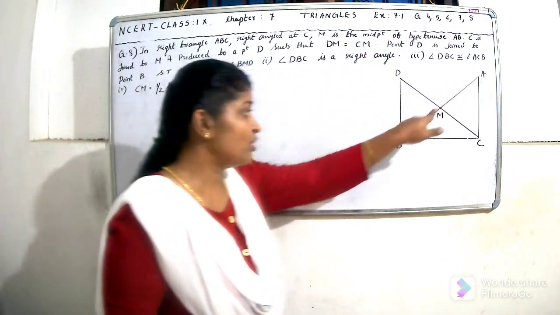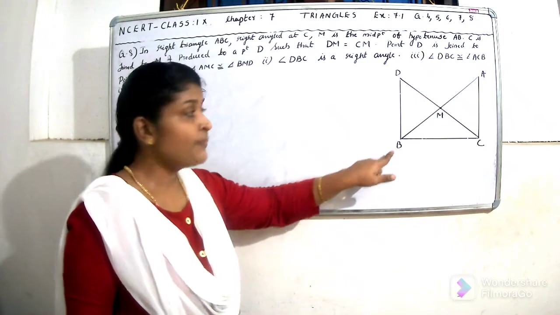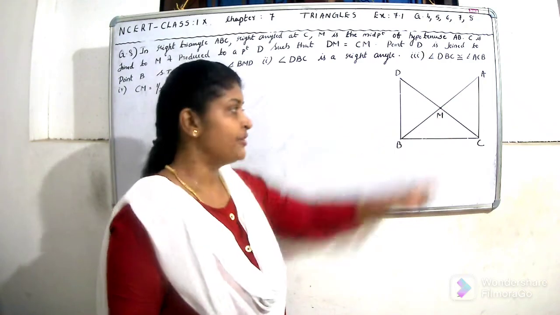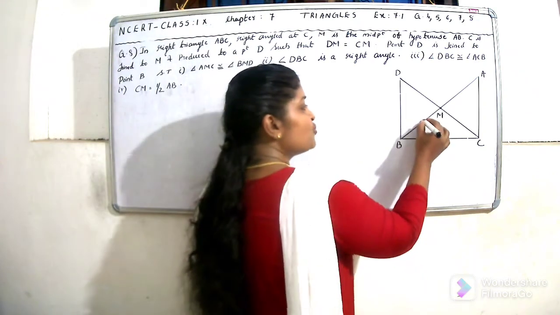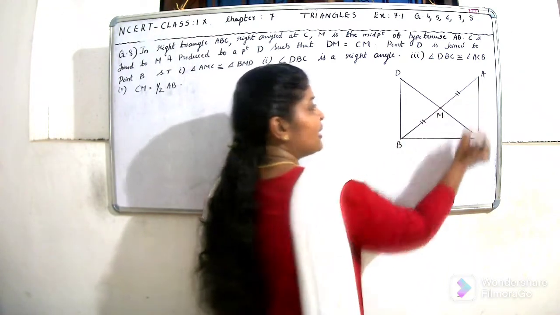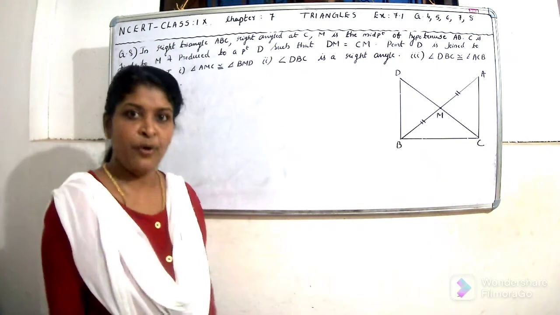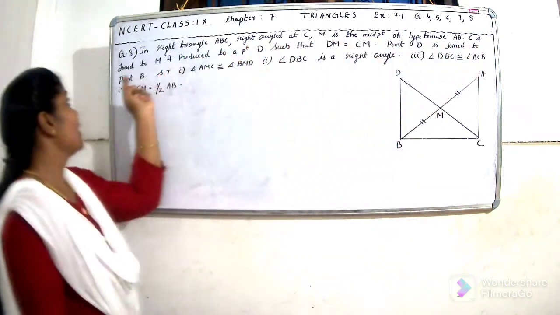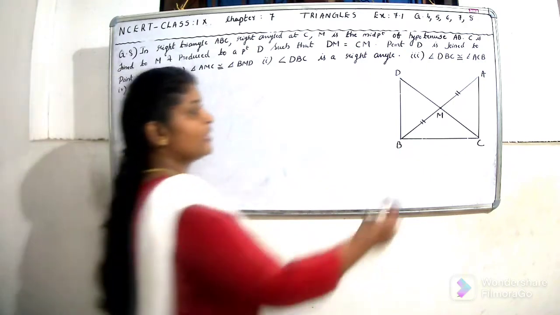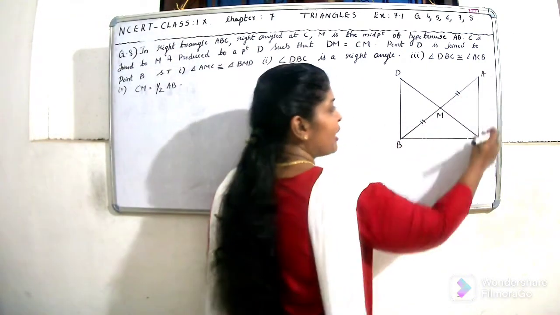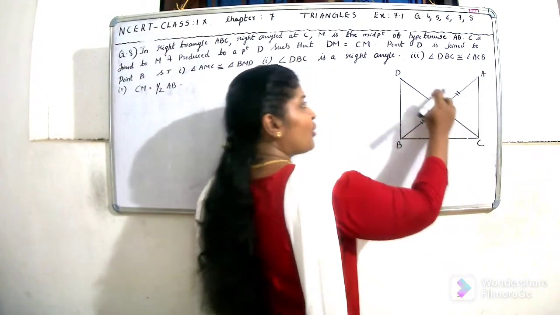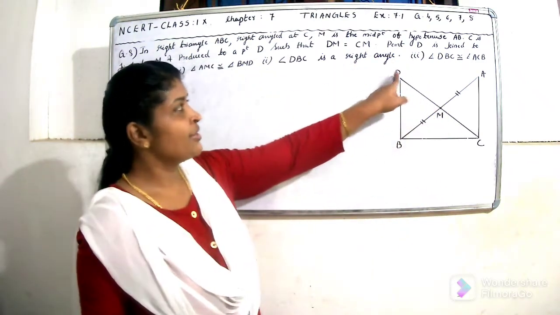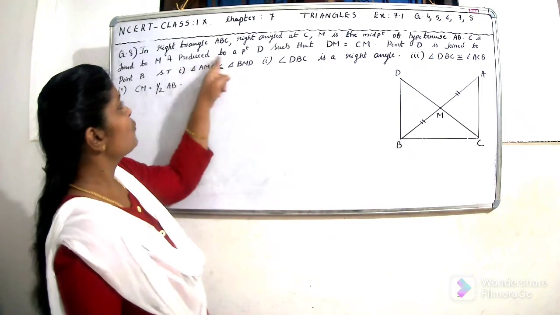That means what is the length of AB? M is correct in the center. That means these two distances are equal. That is the meaning of midpoint. Now continue. C is joined to M. That means this is the triangle, a right angle triangle. So C is joined to M first, then it is extended to D,